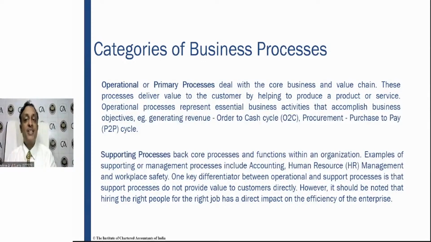So two operational processes have been given: order to cash, procure to pay. There is a huge discussion, with flowchart discussion in this chapter and the second chapter also. We'll be talking about it in the fourth chapter also. We'll make reference to O2C and P2P. That is how these cycles are called: order to cash and purchase to pay. So very, very important: operational process and supporting process.